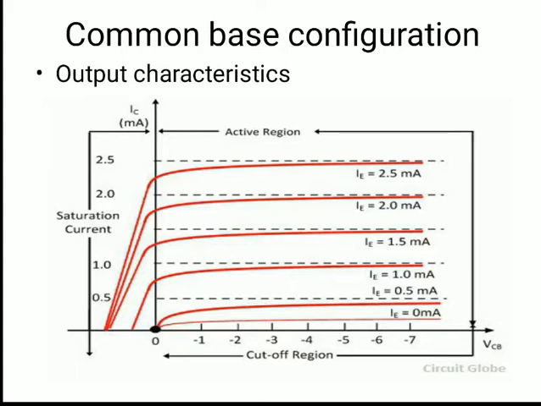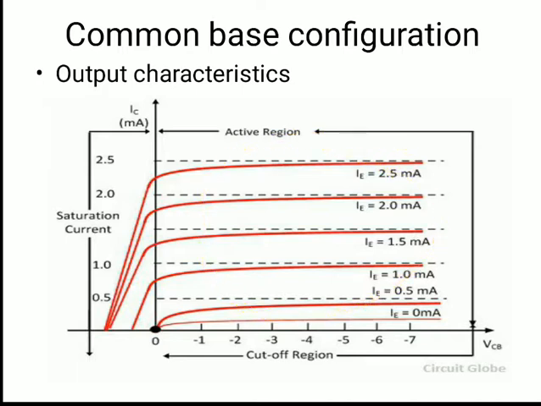Okay, we will make IE 0 milliampere, then we will take this reading, right? Then 0.5, then 1.0, 1.5, 2.0, 2.5. This is how it will go, right? So you can see here this region, right? This region is known as the active region. Okay, so this is the active region, meaning if we want to use the transistor as an amplifier, we have to keep the transistor in this region,